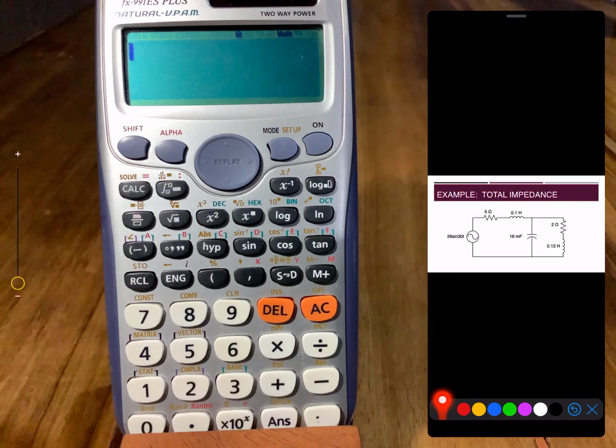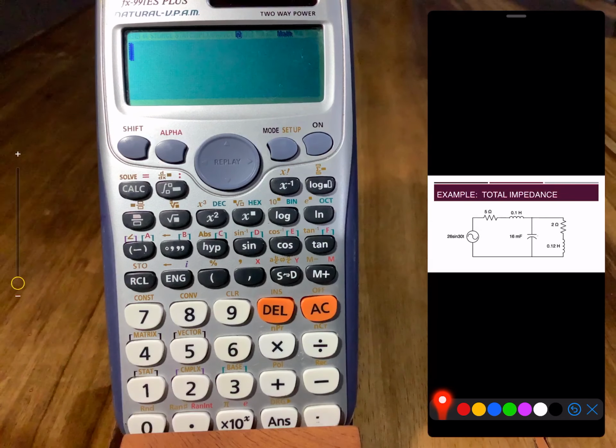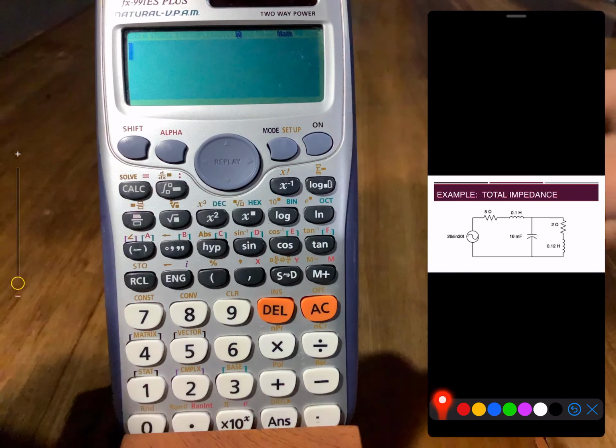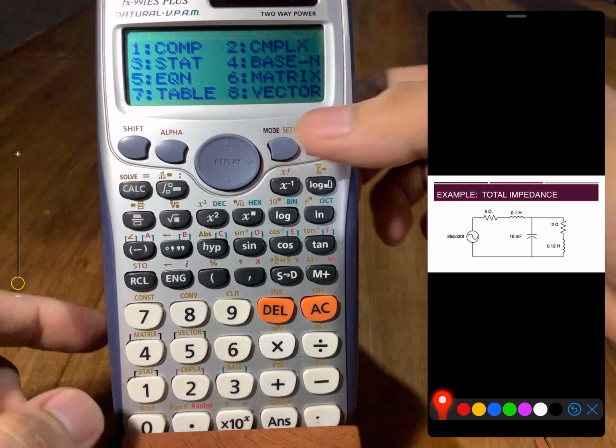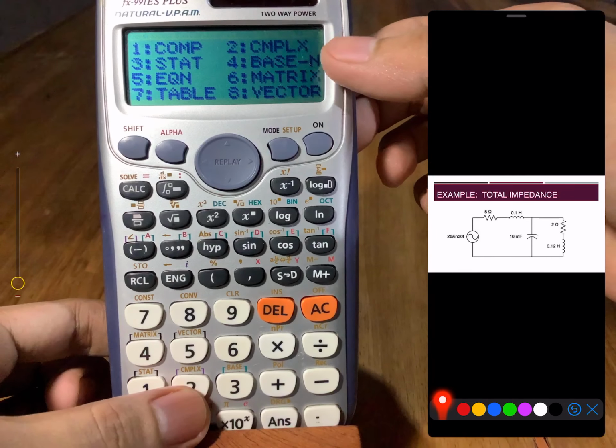Good day, class. For this video, I will show you the complex number function of this calculator in order to solve total impedance and total power in the field of electrical engineering. First, we have to set the complex mode of this calculator by simply pressing mode,